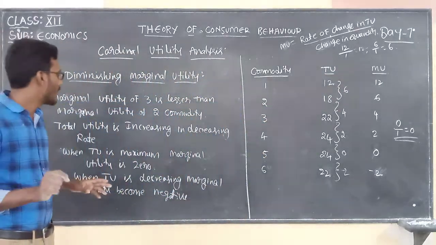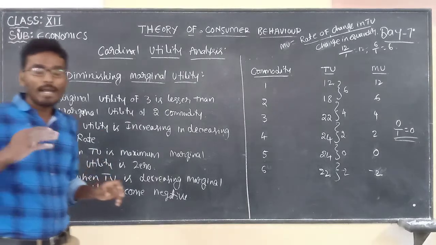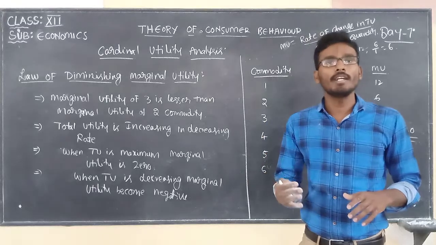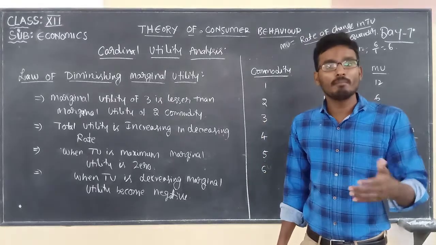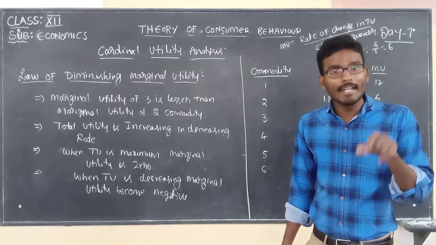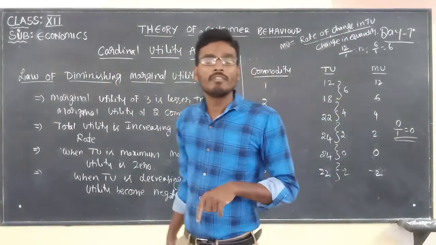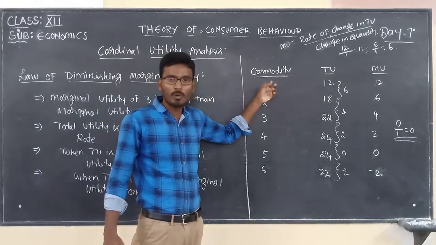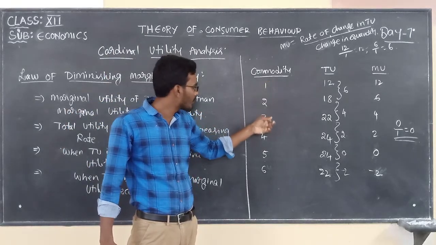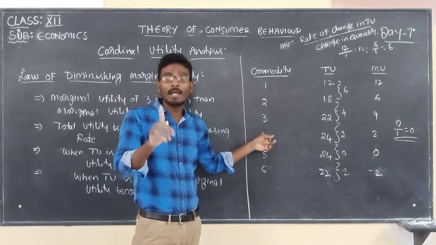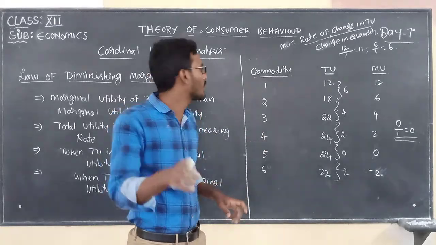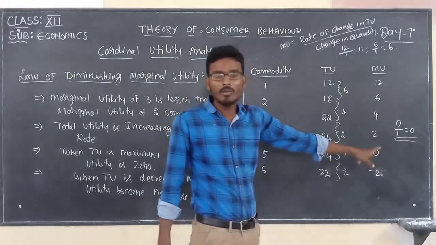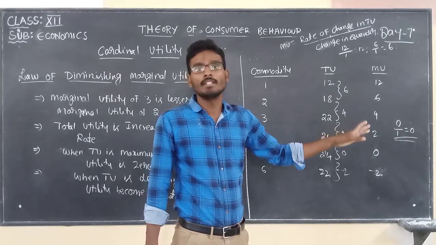That is the concept: by consuming additional commodities, whatever utility you derive from the marginal commodity decreases. That is all about the law of diminishing marginal utility. So here you are consuming the first product, and after that the second, third, fourth product, without any gap. In the same manner, you are consuming only one product. At that time, marginal utility decreases. That is the law of diminishing marginal utility.